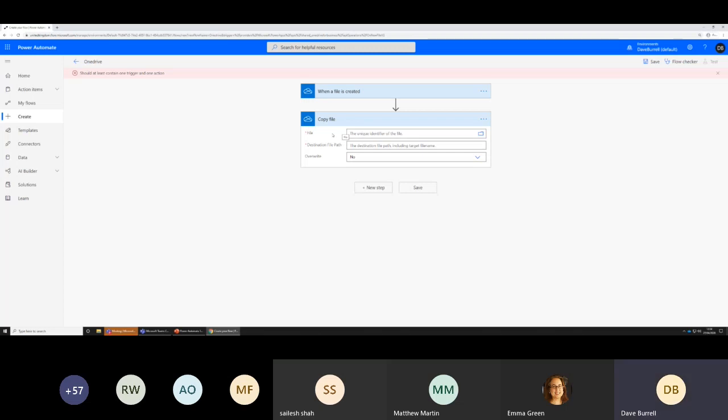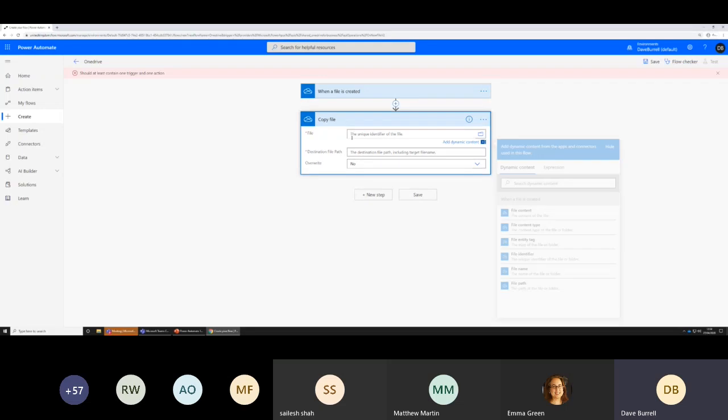This is where the dynamic content comes into play, because the flow, before you actually create the file, has no idea the details of the file you're creating. So what you can do here is, rather than typing in what the actual file is, you know the file because of the dynamic content. So this is looking at the when a file is created step and making all the details of that file